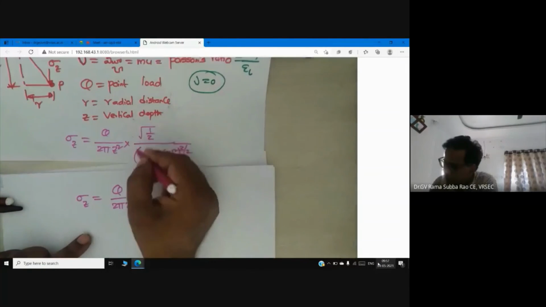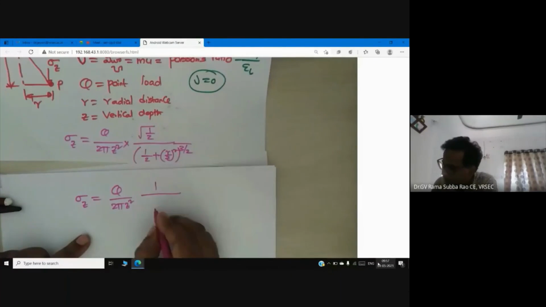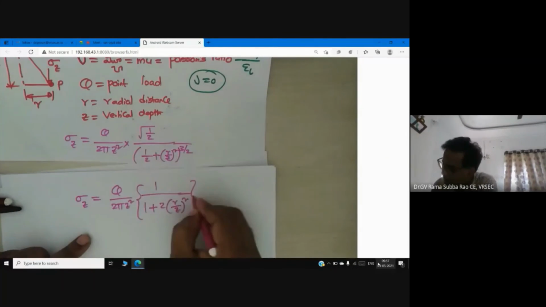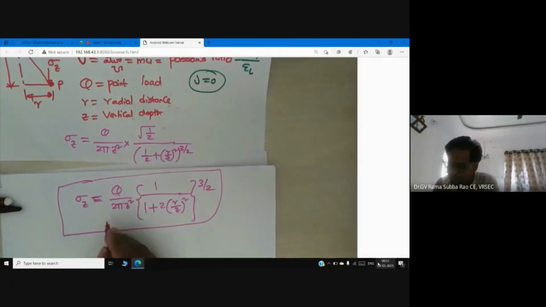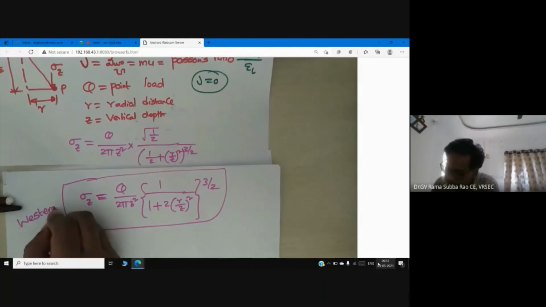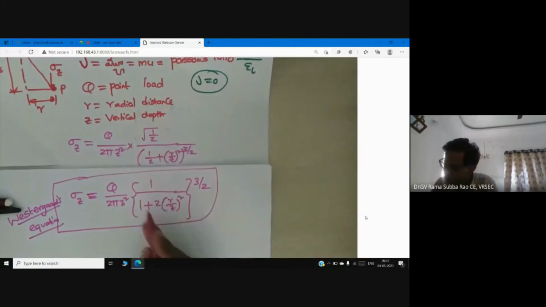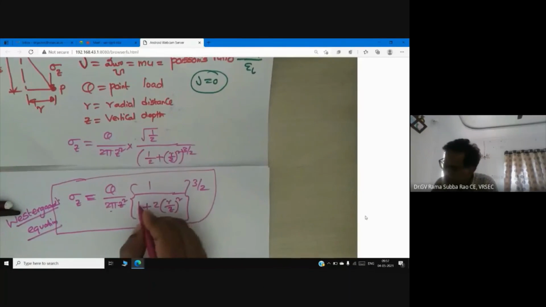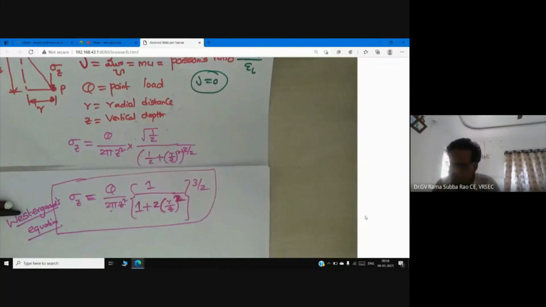Now this square root 1 by 2 is getting cancelled, but it will give 2 here. So now 1 by 1 plus 2 into r by z square whole power 3 by 2. So this is the equation actually proposed by Westergaard. So let me tell you now, here you see it is q by 2 pi z square into 1 by 1 plus 2 into r by z square whole power 3 by 2. So now the thing is,